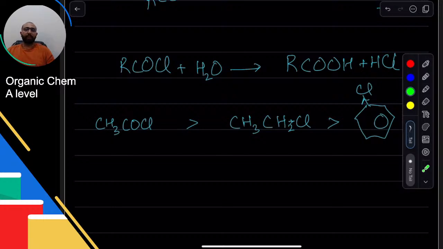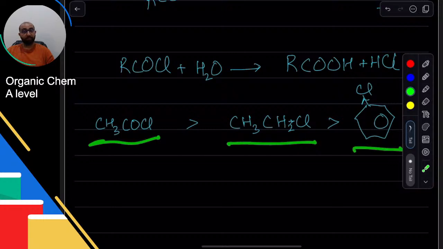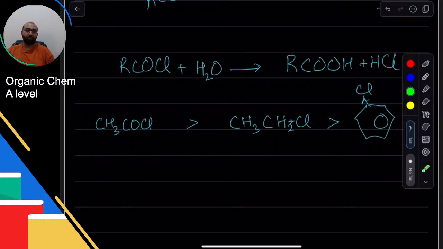All right, so if I add water, what will happen? This will react faster, this will react slower, this will react even slower. Okay, so that's how these will react. Pretty straightforward. Okay, so if I add an alkali here, what will happen? The Cl will just simply leave. But if I add sodium hydroxide, this will make NaCl with carboxylic acid, RCOOH. Okay. If I have something else, depending on what I add, it will do the same thing. Okay, so that brings us to the second main